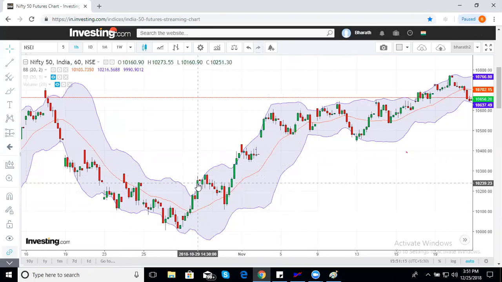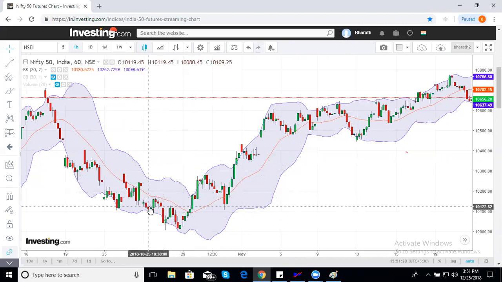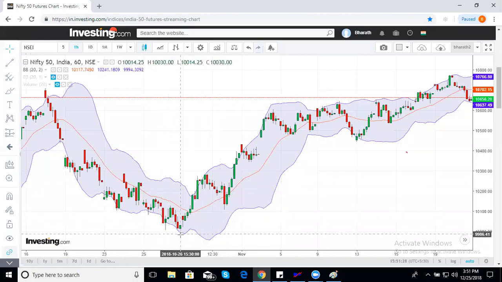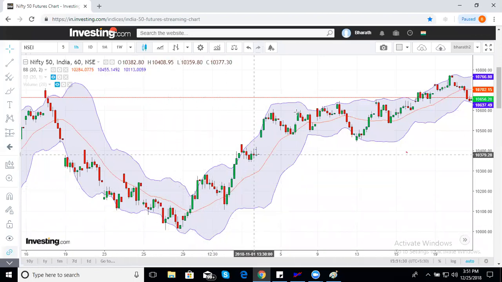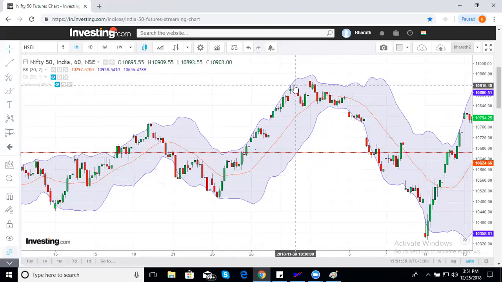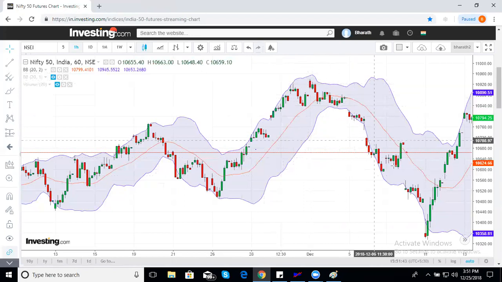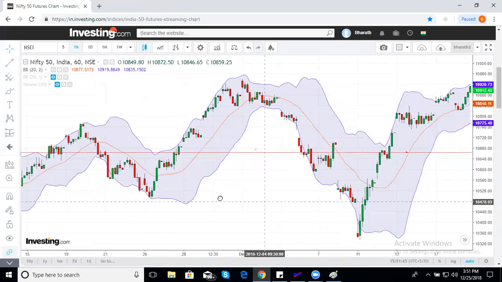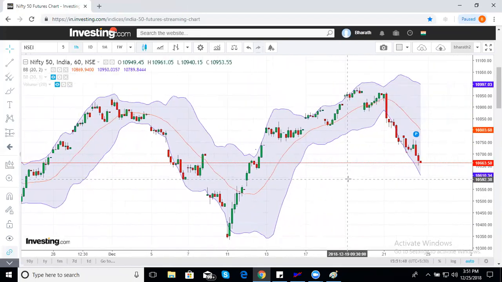Because buyers will go outside the 2 standard deviation, the upper standard deviation. On the bearish side, sellers will push the prices below the 2 standard deviation, the lower band. Anticipation is this: outside, inside, followed by middle band support. And here it is again. Got it? Here also: outside, comes back to support, inside, and then you'll see the middle band acting as resistance. This is how the price structures around the Bollinger Band.